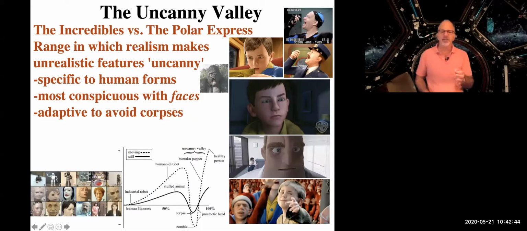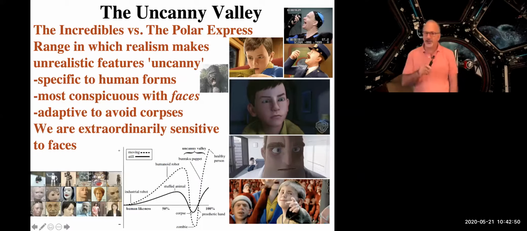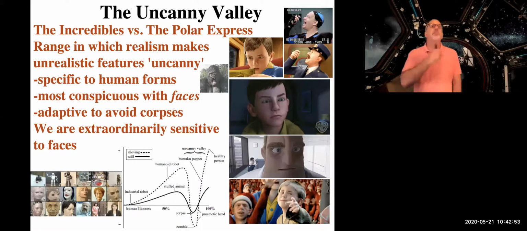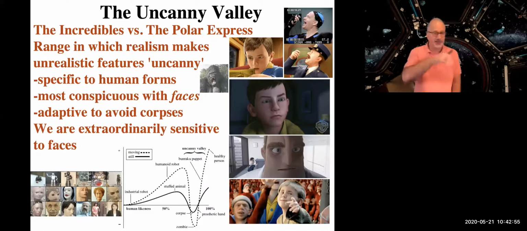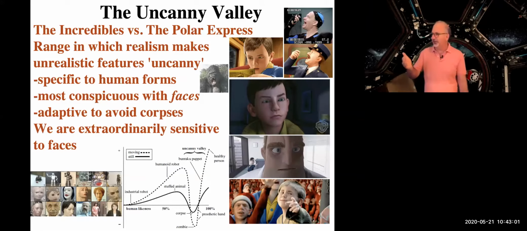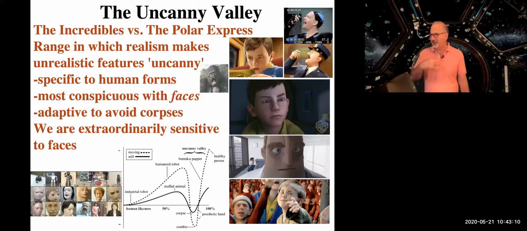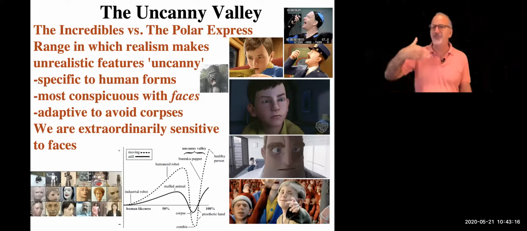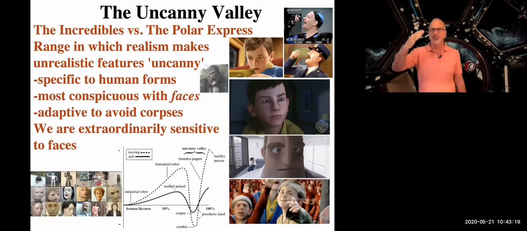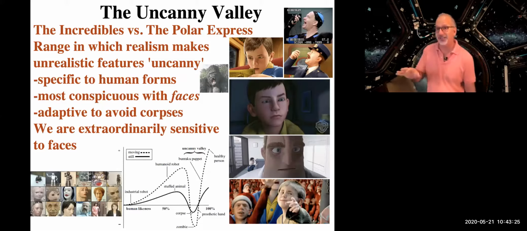But the part I want to emphasize in this discussion, I think you're going to find very interesting. It tells us that the uncanny valley seems most striking for faces, and human faces in particular. You've probably noticed this if you're a gamer. My younger son plays Madden football a lot, and his favorite player is Tom Brady. Okay, don't blame me, but his favorite player is the famous Tom Brady. And so he uses Tom Brady's avatar a lot when he's playing. And boy, you can tell they worked really hard to make Tom Brady look like Tom Brady.